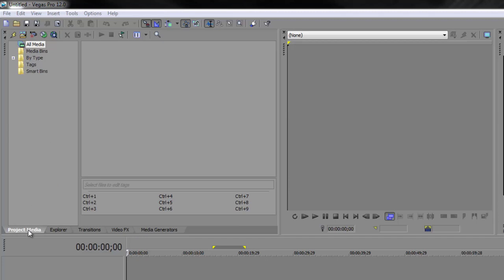And you can see under the Project Media tab, we've got what's called a bin structure. Now, this is the default bin structure, and it allows us to start to organize our different bits of footage into different types. You'll see that there are actually a selection of folders here. You see this little plus icon, click the plus icon, and you can see that we can actually arrange our footage by audio, video and stills,